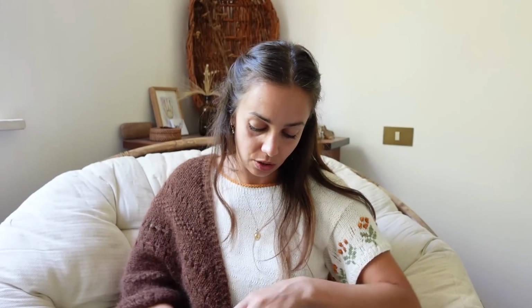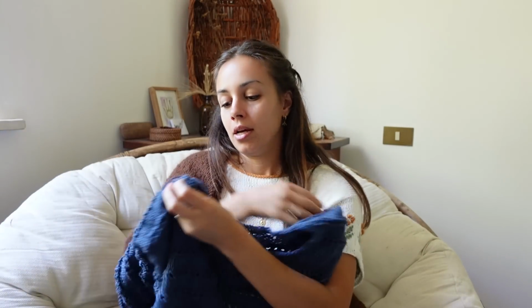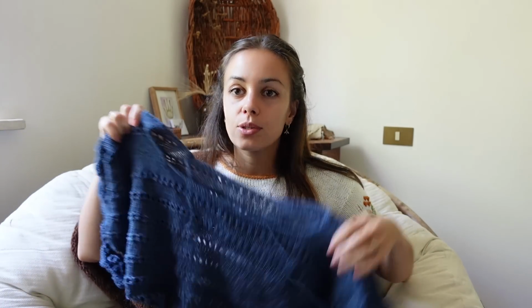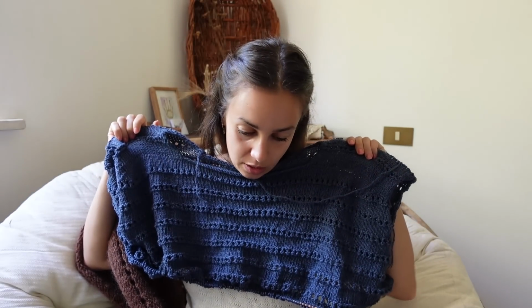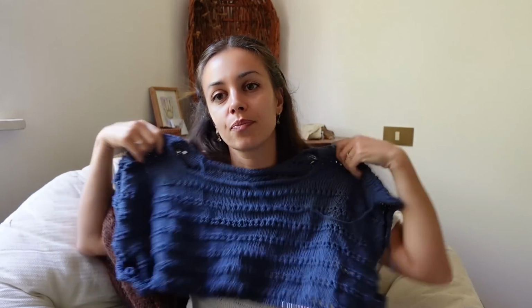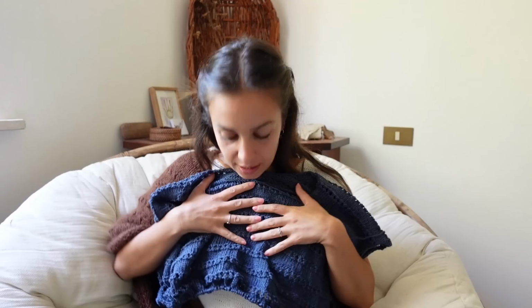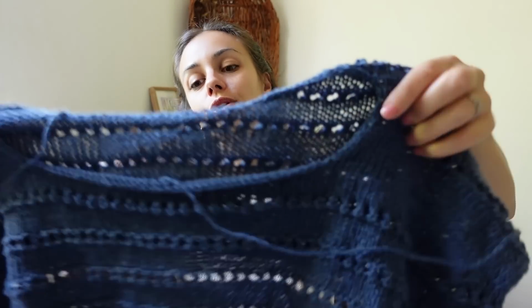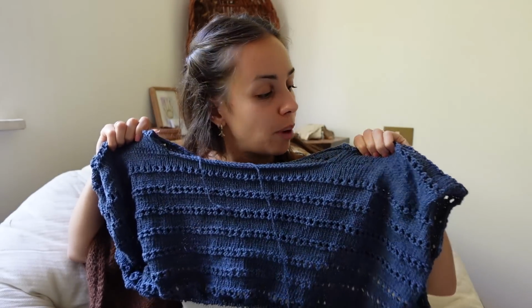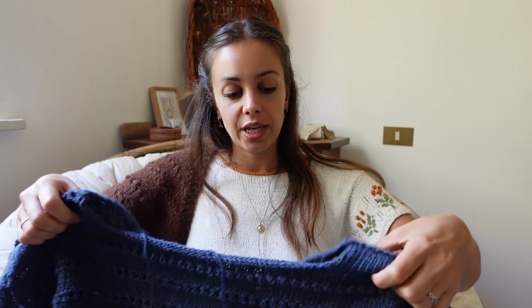Okay, this project, so first about this one. This is a project I showed in the other episode, and basically I haven't made any progress. I think I knitted like 5 centimeters or something like that. It is a sweater for Mika. This is the Ingrid summer sweater by Gregoria Fibers, and it's a very beautiful project. I think it's a drop shoulder construction, and it's very beautiful, but I'm enjoying, like,